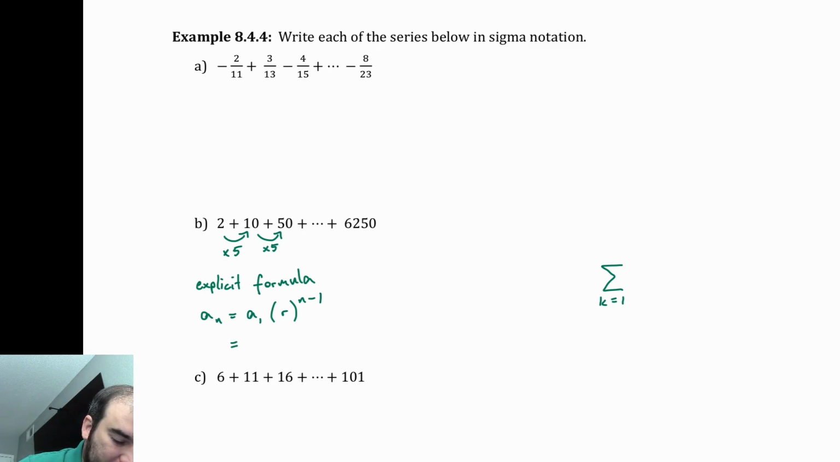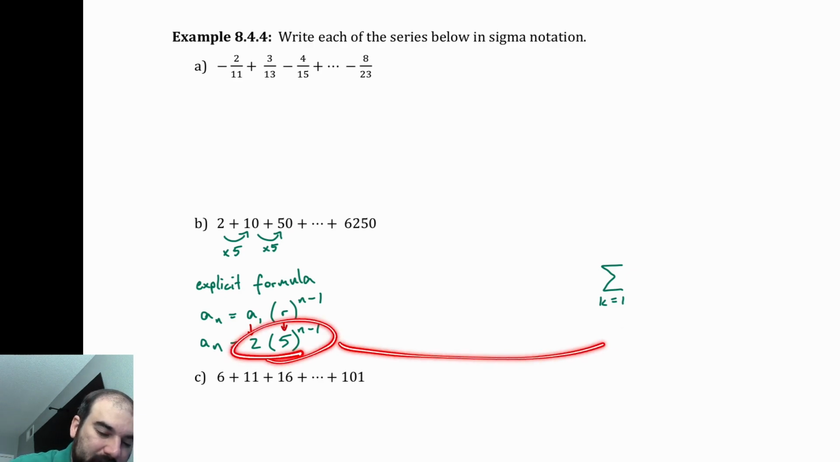Right? And if we put our first term here, that's 2 times the r, which is the common ratio, which means we're putting 5 there because we multiply by 5, and this is n minus 1. So if I wanted to find the nth term, this would be my explicit formula. All right, we plug in these numbers for A1 and r,